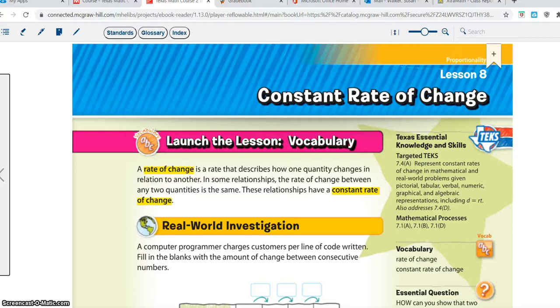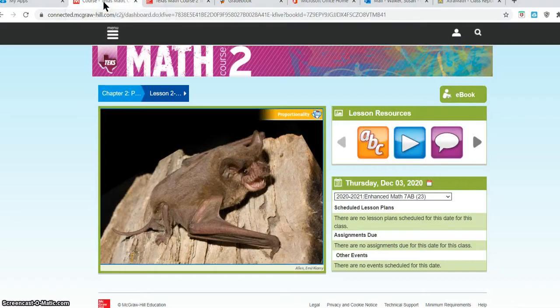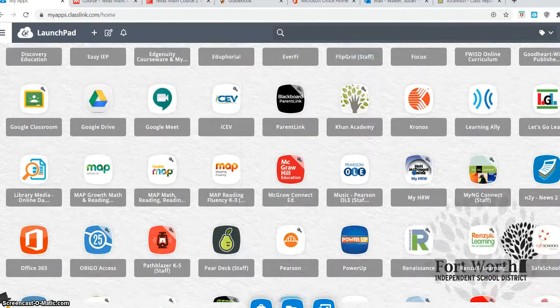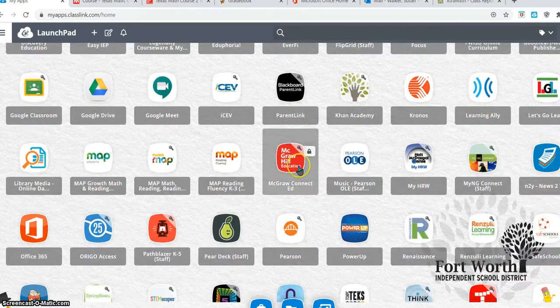Hey guys, we are going to be launching into a new unit. As we move into our new unit, I want you to know that today we are working in our book. If you're at home, you should have a hard copy of the book that most of your parents picked up. If you don't for some reason, you can choose this one right here, the McGraw-Hill